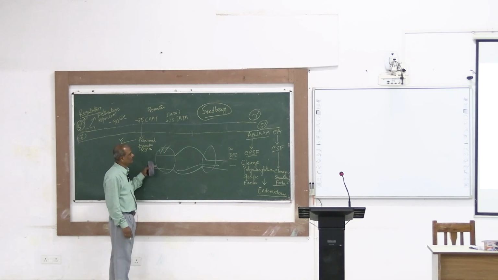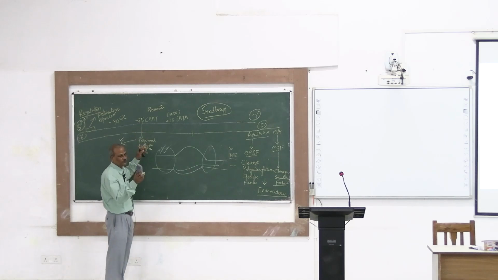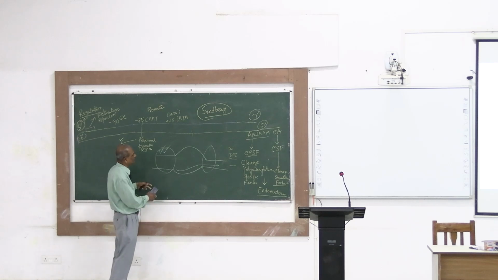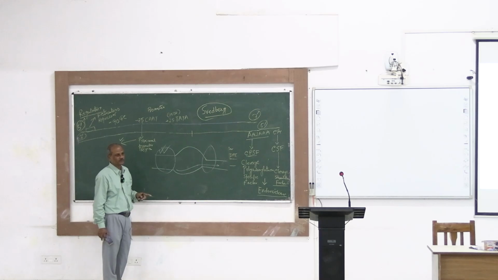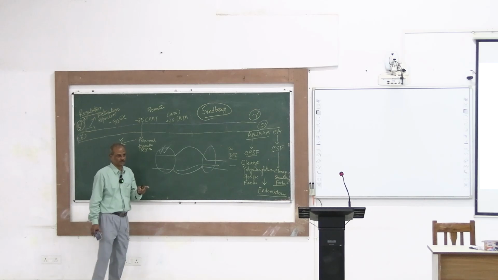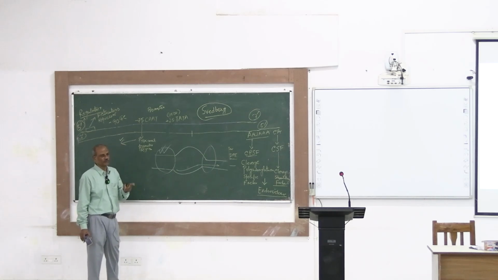Only thing is that you will see that 20 factors will be required to move together, and the entire thing will be released along with only one factor, which is the factor H, which will be bound to the RNA polymerase. Rest all other factors will be released, because the factor H is having three important properties. One is helicase activity, number one, which basically unwinds. Second, it is phosphorylation of the CTD, carboxy terminal domain, which causes basically activation of the RNA polymerase